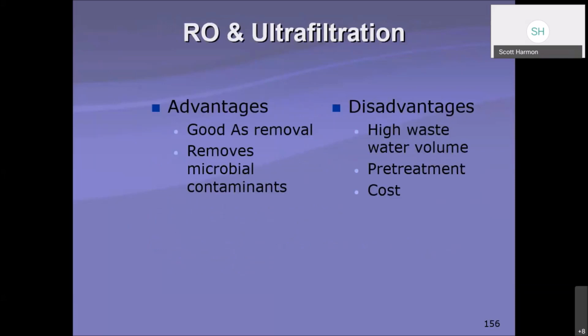Last, the RO and ultrafiltration advantages. Good removal. You're using RO or ultrafiltration model. Particularly RO will remove any one of those particles, and also removes the possible microbial contaminants. The disadvantage is that high wastewater volume, because for those of you that have not operated membrane filters, there's a lot of waste flow, and depending on which type of membrane you're using,